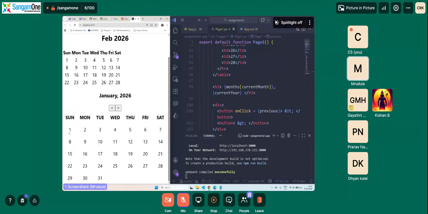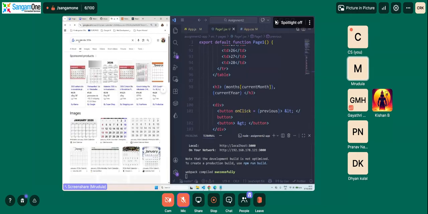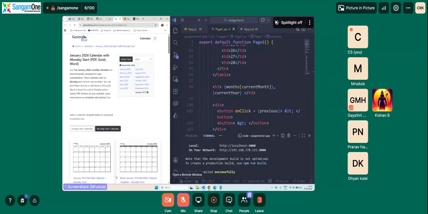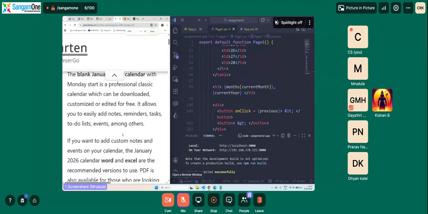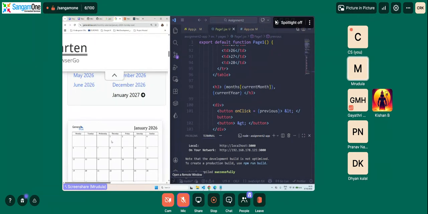But it is starting from Sunday, which is not the case, correct? So let me quickly remind you, 2026 started on a Thursday. Here you can see Jan 2026 started on a Thursday.